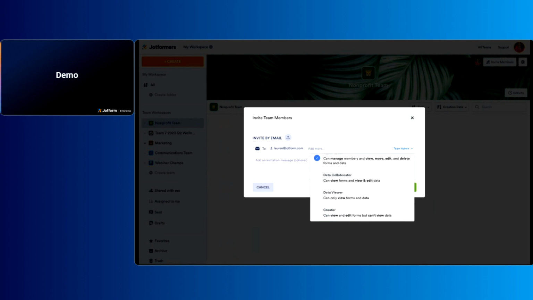If I just want Lauren to have access to all of the assets, she can be added as a data collaborator. If I need to limit access for any reason, I have two options for limiting access. So one is a data viewer. That's somebody that can view data and access data, but can't make any changes to forms or apps or anything else in your team. And one is a creator who can view and edit, create forms, whatever, but they can't